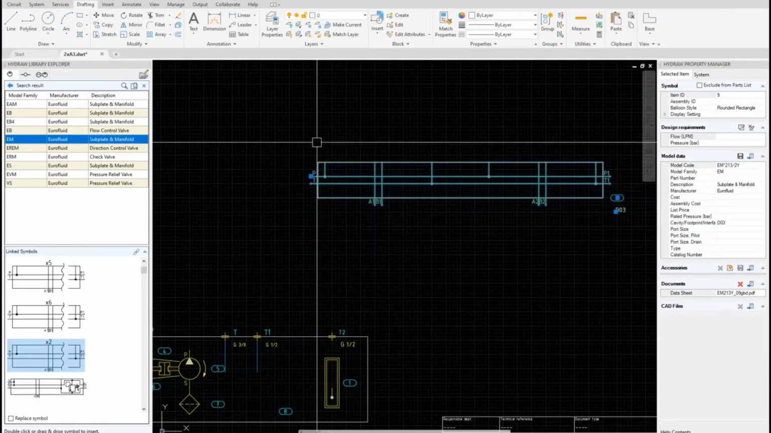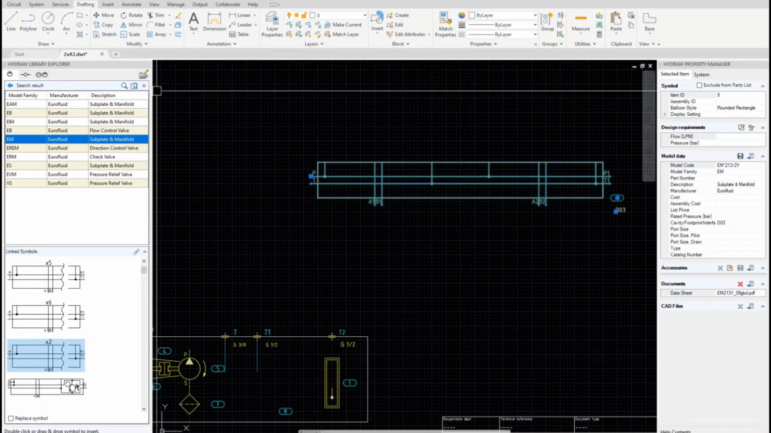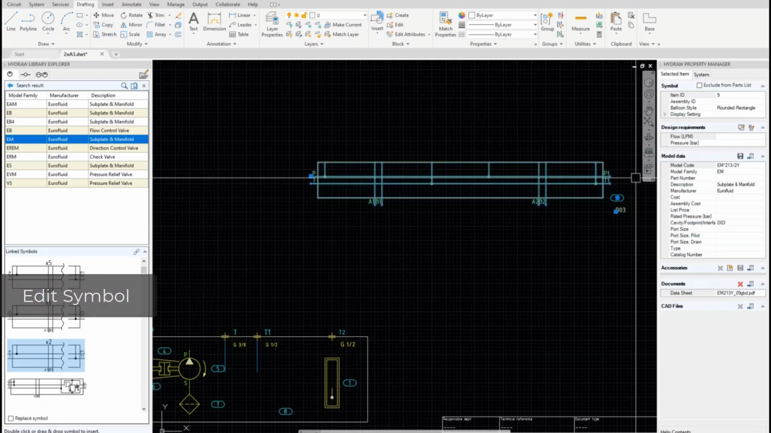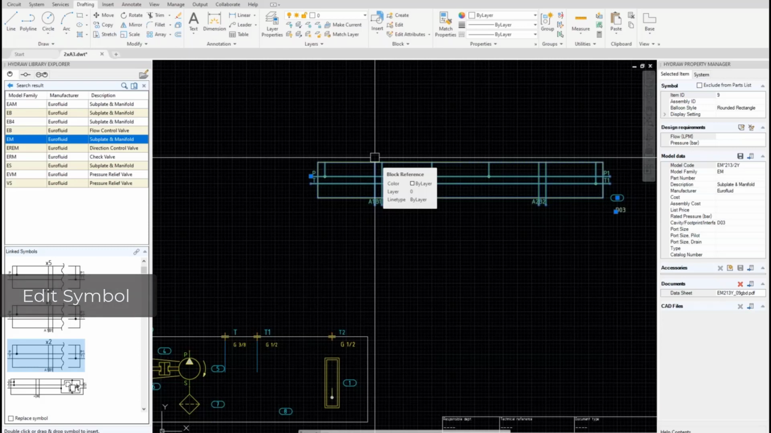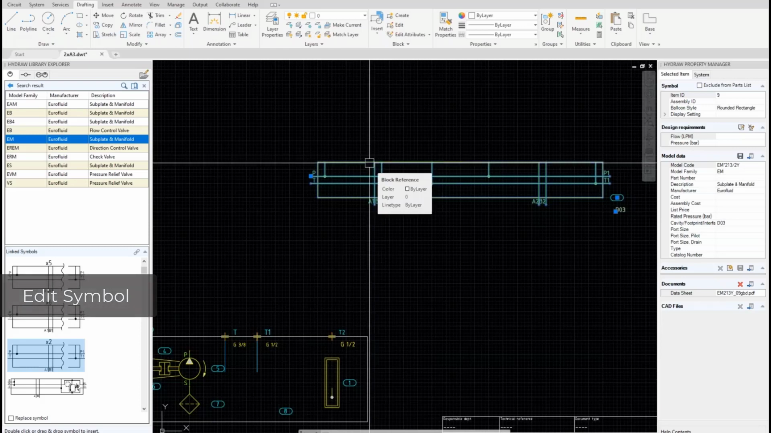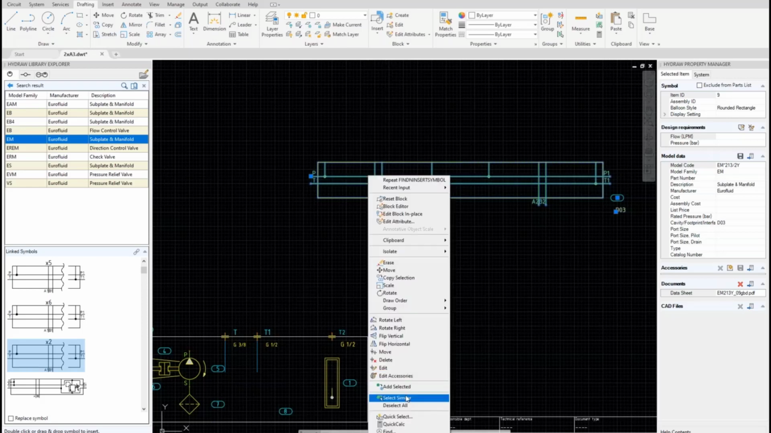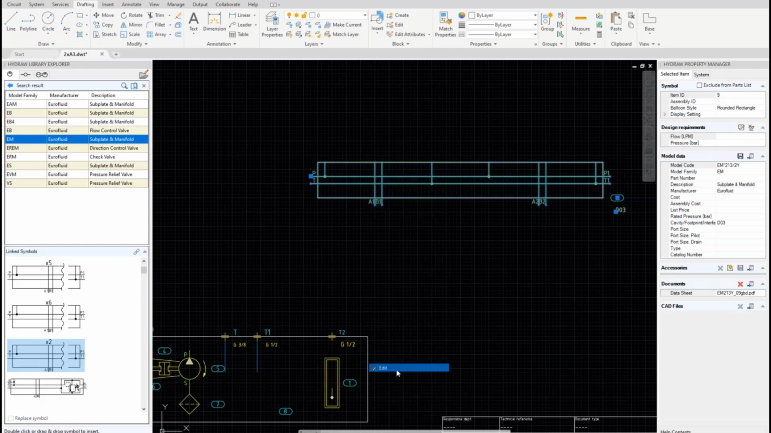To be honest, I don't like this symbol too much, so let me edit. Any change you apply to a symbol is valid in the drawing you are working on. Of course, you can always save a symbol to the library so that all the information is stored and ready to be used by any other user in the same library. So I do edit. I show you a different technique I adopt